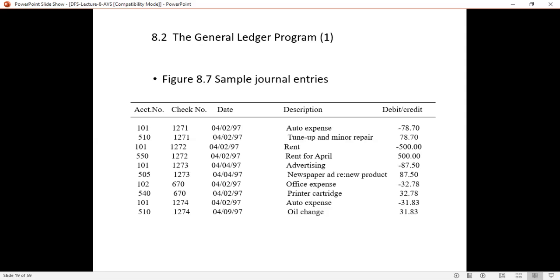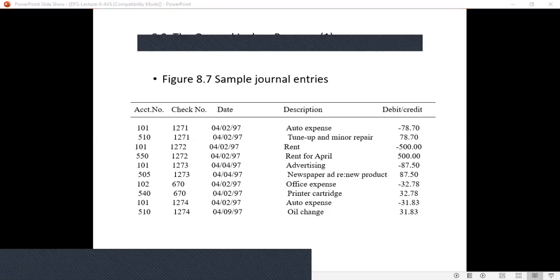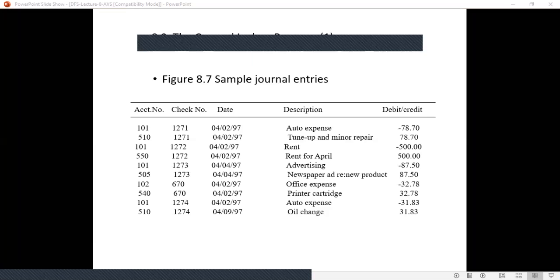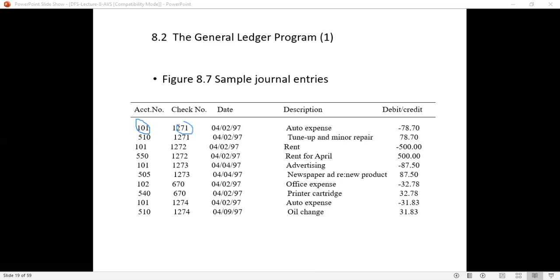Now here in this first slide, it shows the sample journal entries. Here you can see the account number, then the check number followed by a date and description and debit or credit.